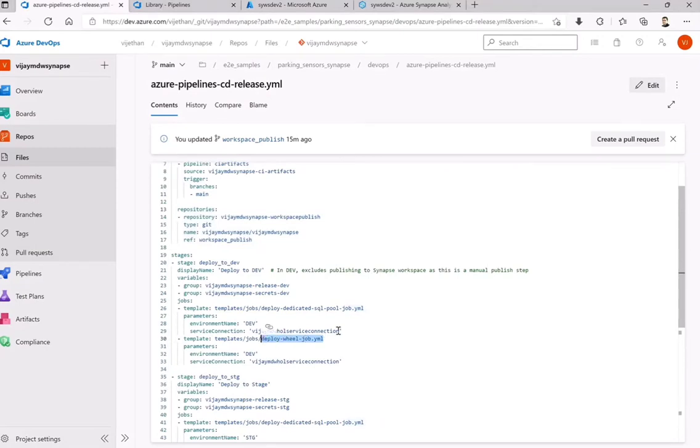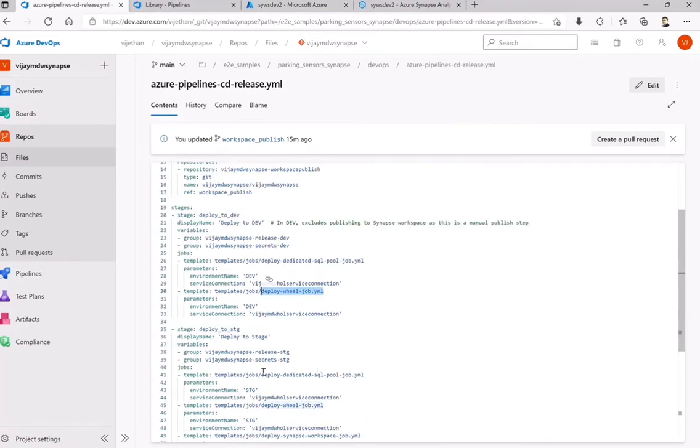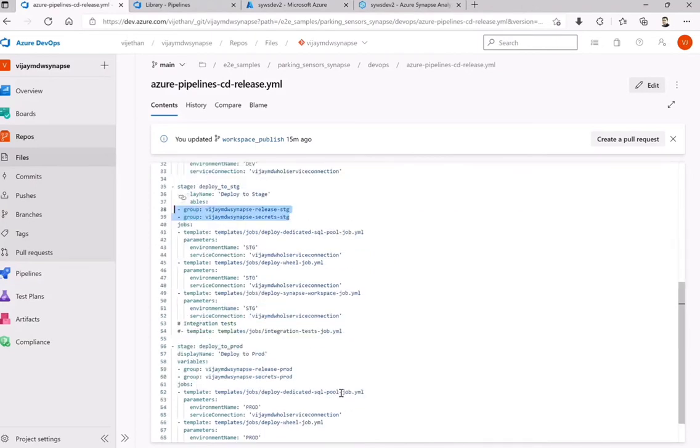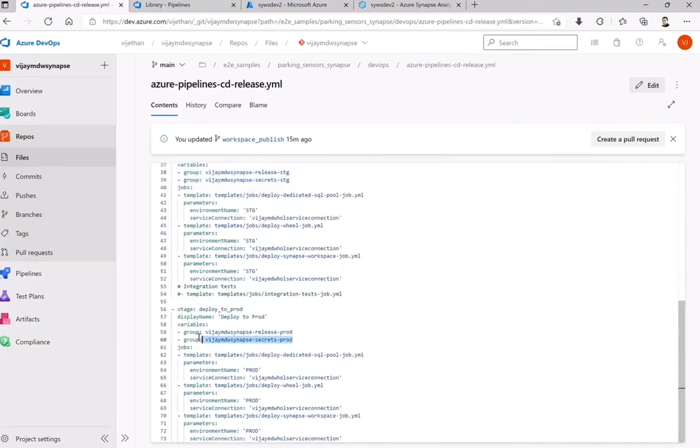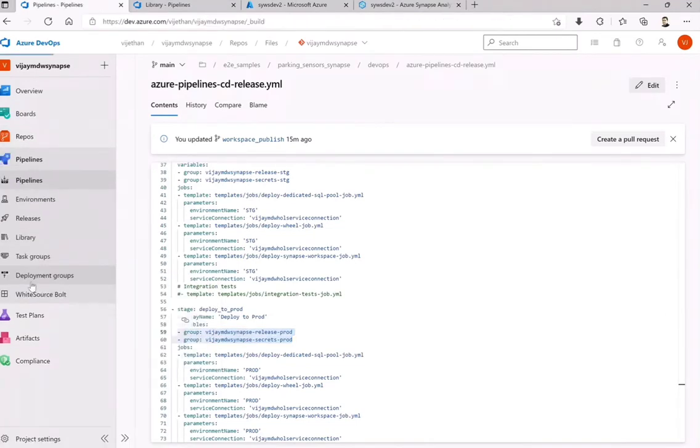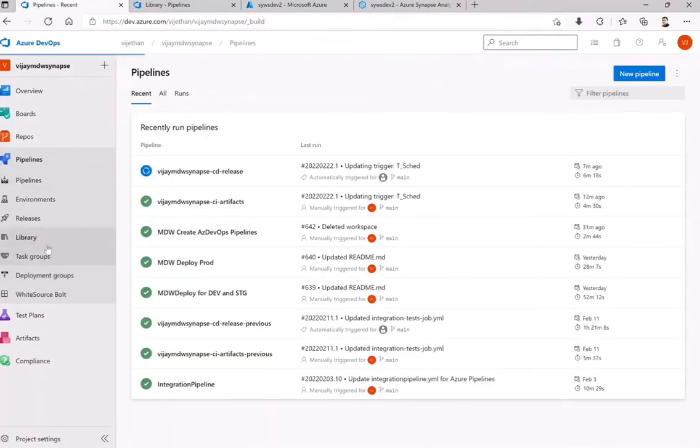What kind of variables they require is based upon how we are providing the environment variables to them. If you see here, it's just the environment variables dev and the service connection name. But if you see the others, like deploying to staging, they are actually calling out the stage library, release.staging, secrets.staging. Similar is for your production. They are using the library groups which we had created while we were installing.